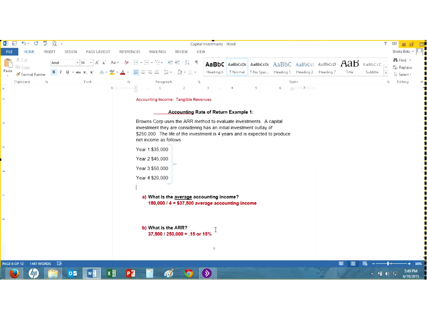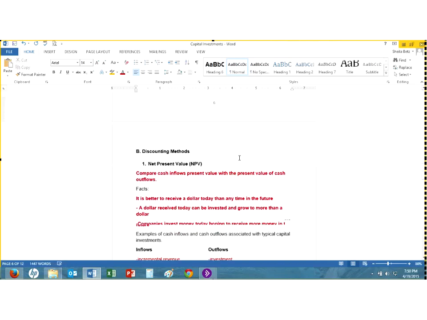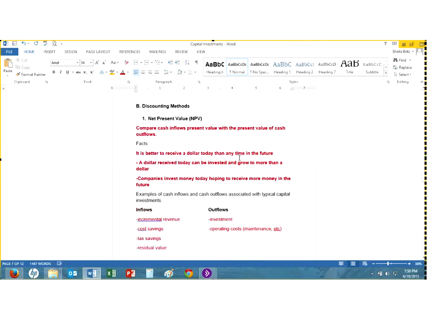So the company would estimate the potential investment's ARR, and then based on that, see if it hits what the company seeks. If this company said we have to have a 10% rate of return, this project will hit that and more. So it's still in the mix of investments to decide from. That's why the accounting rate of return is used: pretty much to see, does it hit the company's benchmark standards?